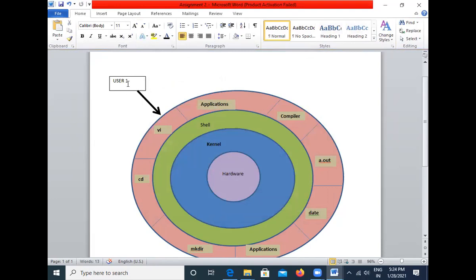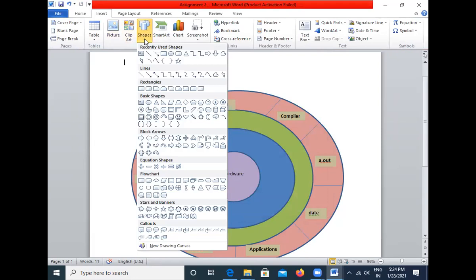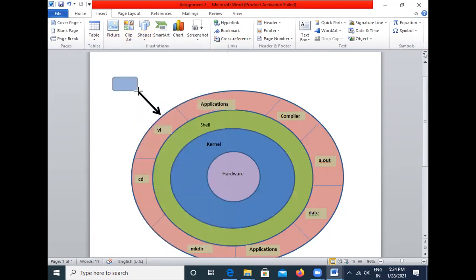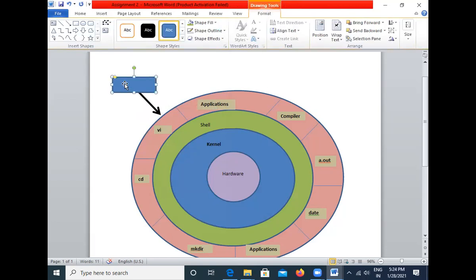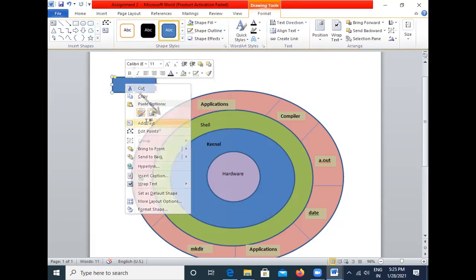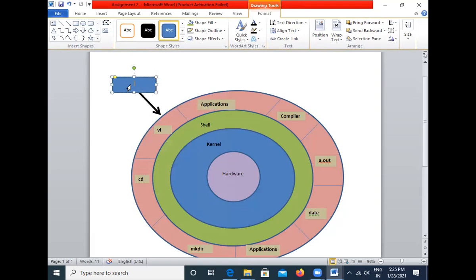Either you can use the text boxes, or if you do not want text boxes, you can use the shapes option. So here go to insert and click on shapes, and here you can select the rounded rectangle, and here you can add the text and say user 1, and then you can select that text and make it bold.